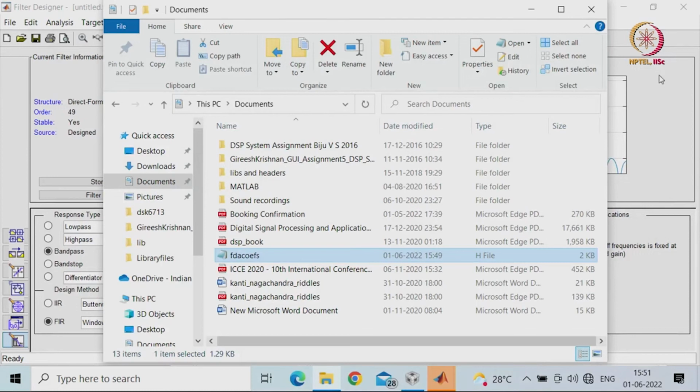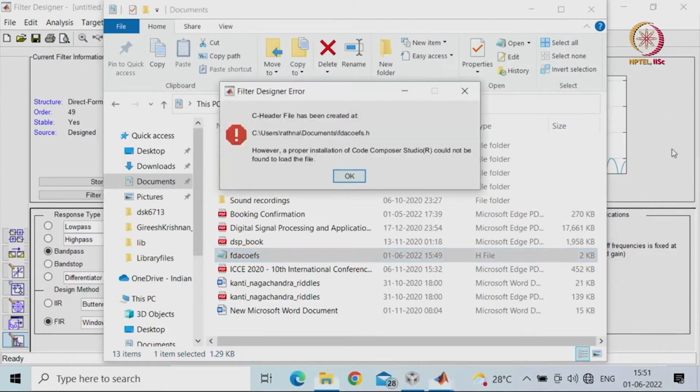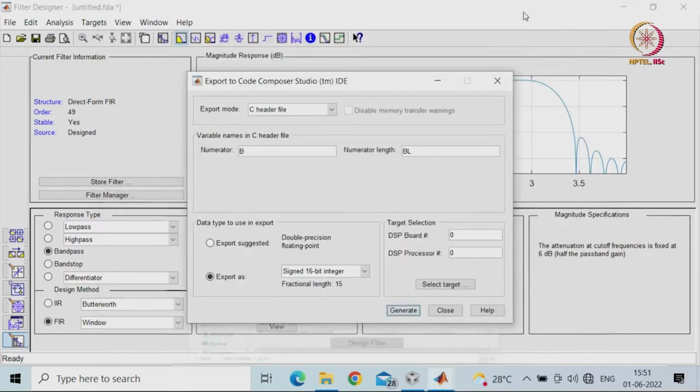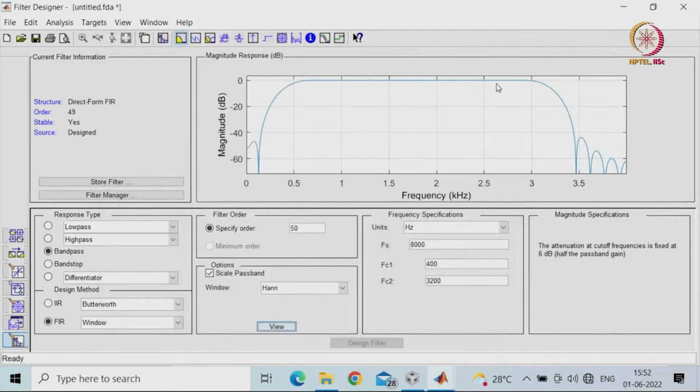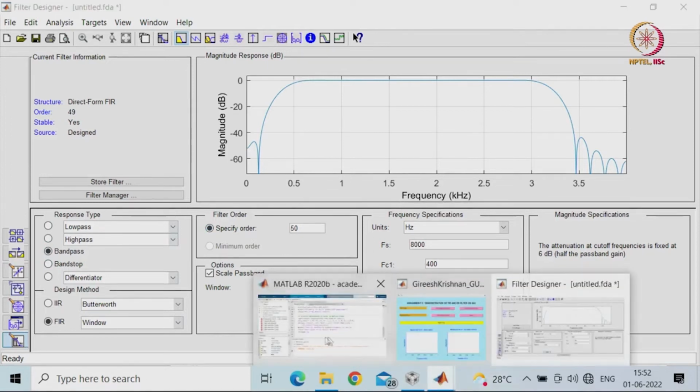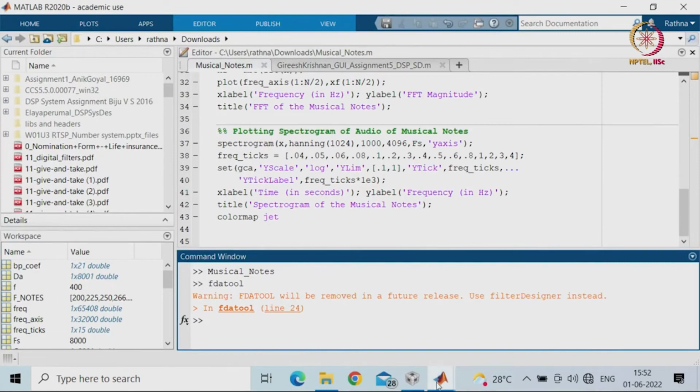We will see how one can run it in MATLAB itself. So, we can close this, and from the FDA toolbox I will come out of it. If anybody wants to see the rest, you will see that an FIR filter, band stop or high pass filter can be designed depending on your application. So, coming back to this thing,